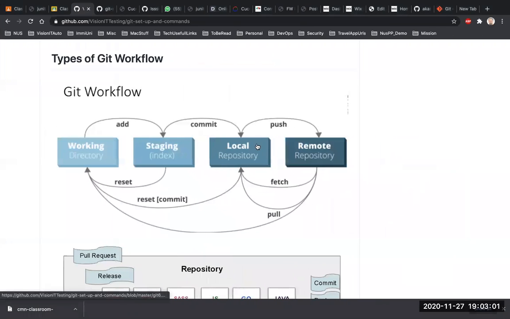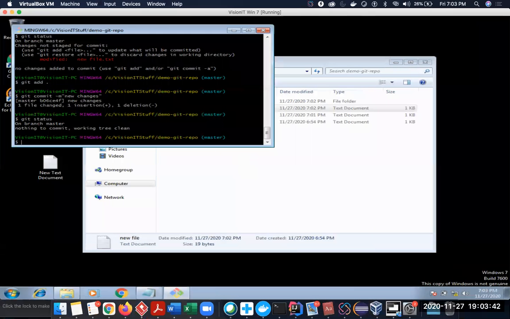So I made some change, added and committed, and it went to my local repository. Nothing has been pushed to the remote repository. Then I again made some changes, did a git add, did a git commit, and it again went to the local repository. So in my local repository, for now, I have 2 commits for 2 different changed files. Whatever changes I made have been saved in my local repository, which acts as a repository itself, saving my changes one after another. And the moment I do a git push,